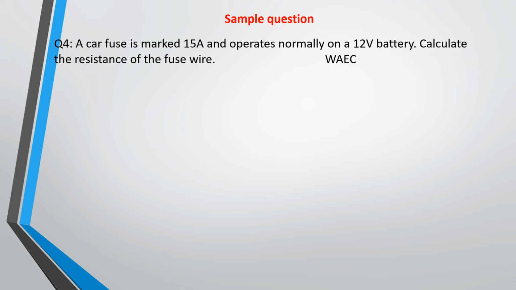This is another sample question. Say a fuse is rated 15 amp and operates normally on a 12-volt battery. Calculate the resistance of the fuse wire. Okay, so if you look at the equation we had before, we had that potential difference is equal to current times resistance. So here you are given current I to be equal to 15, and you are given voltage or potential difference to be 12 volts, because simply